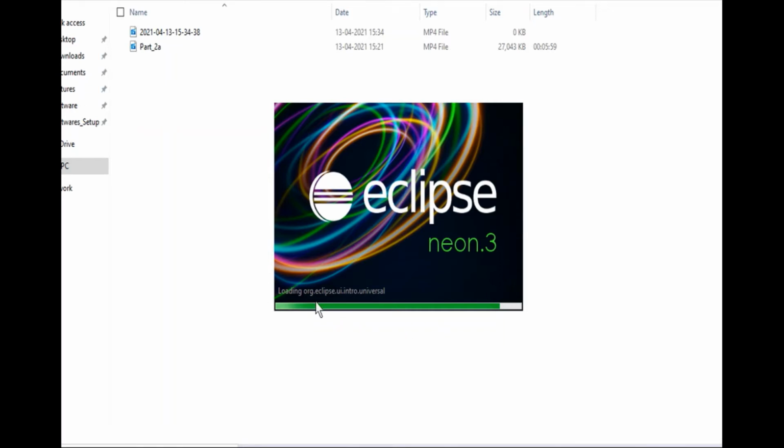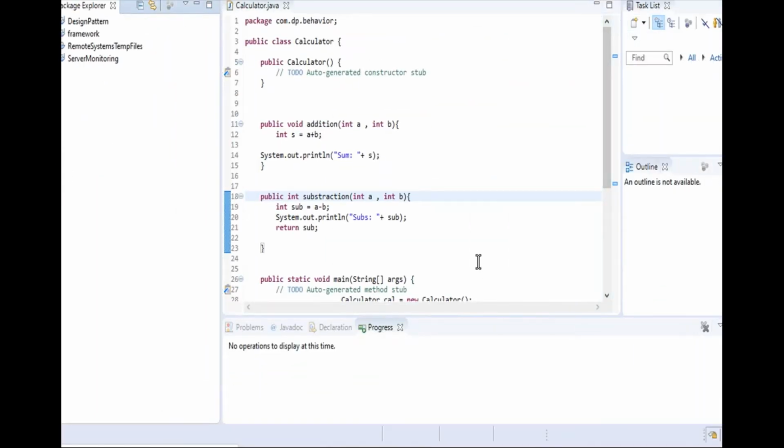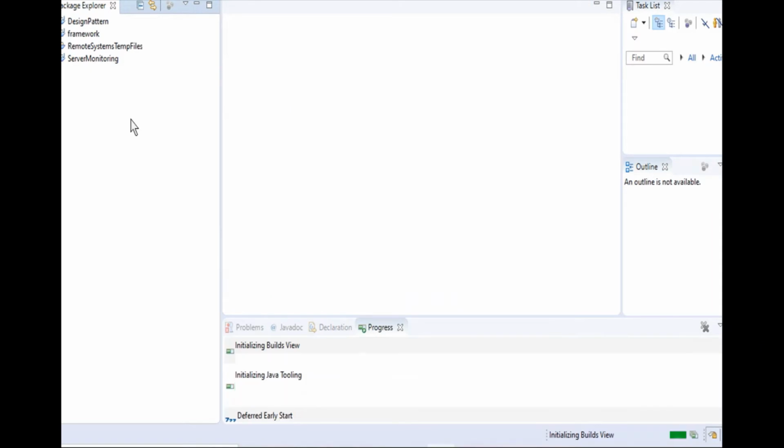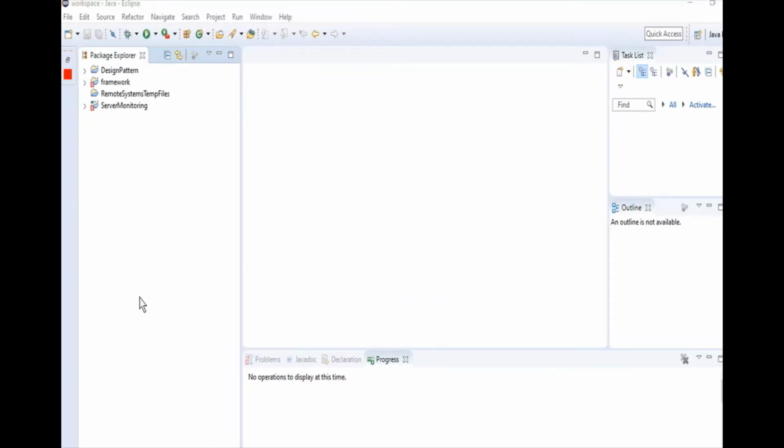It's loading all the libraries which are required to load during Eclipse opening. It's now loaded. So now our Eclipse is opened.